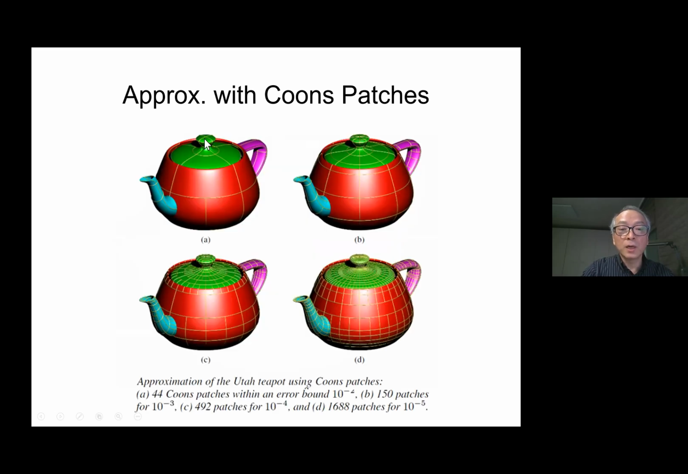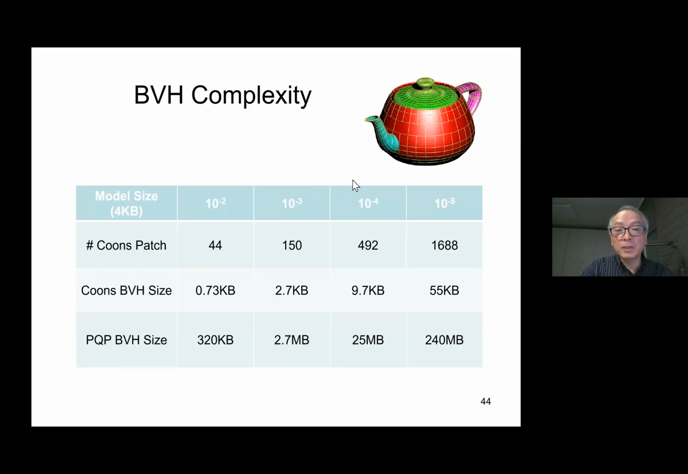So this is an approximation within an error bound of 10 to the minus second, 10 to the minus third, 10 to the minus fourth, 10 to the minus fifth. It has a cubic approximation order, but in practice, when you increase the approximation precision 10 times,